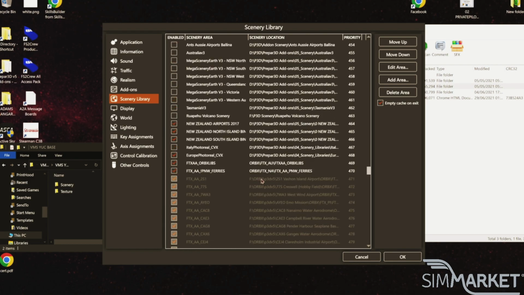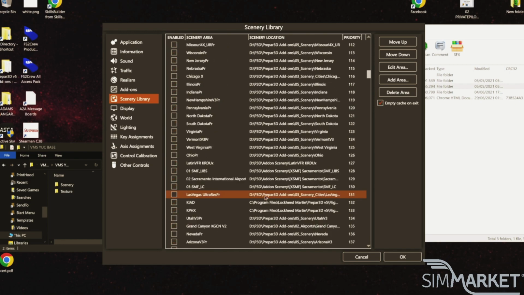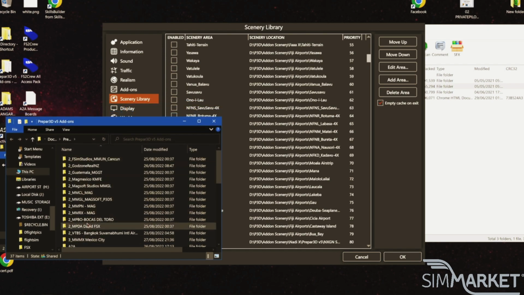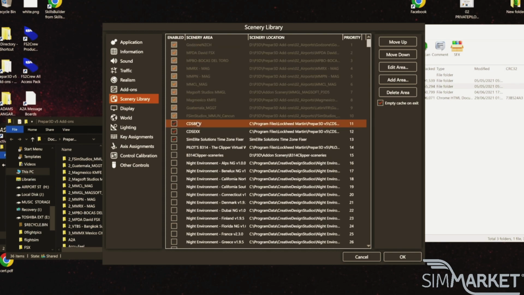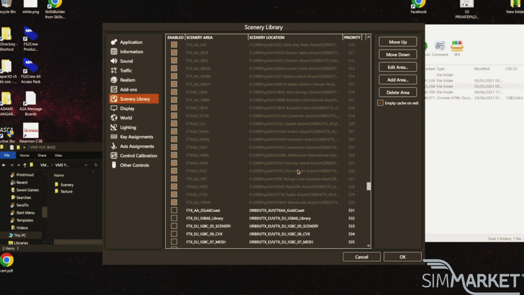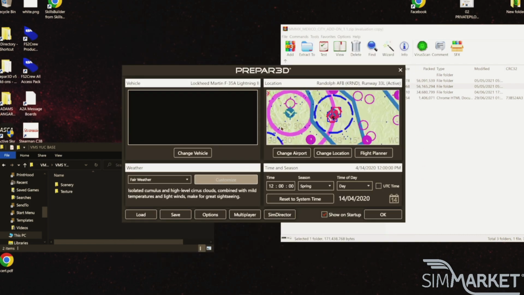So it's very important your library is layered correctly. Airports that are XML'd, I only pop in my add-ons folder when I actually need to use them. Currently I'm doing a Mexican tour, so I've got all my Mexican stuff in at the moment. All this is together, so that's going to sit on the very top of my library like it does. And this is really how the XML system should be used. If you've got XML items scattered throughout the entire library, you're most likely going to find that you've got issues,